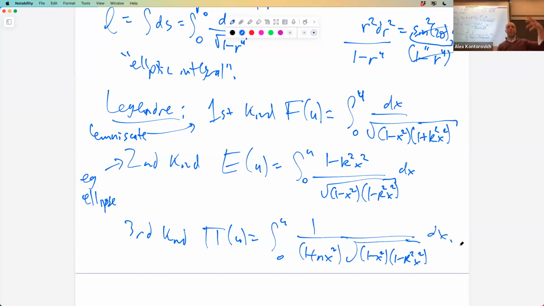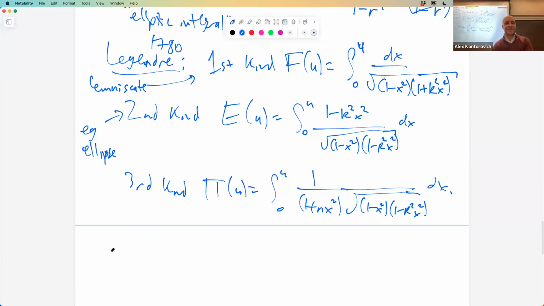He spent 40 years working all of these things out. And this is like, I'm just going to put a random number, 1780s. And made a big theory of this. Using these three functions, there was a whole class of arc length type integrals that he could reduce to these. Okay. And then it's not until Abel and independently Jacobi, although Gauss had these ideas, he just didn't tell anybody,